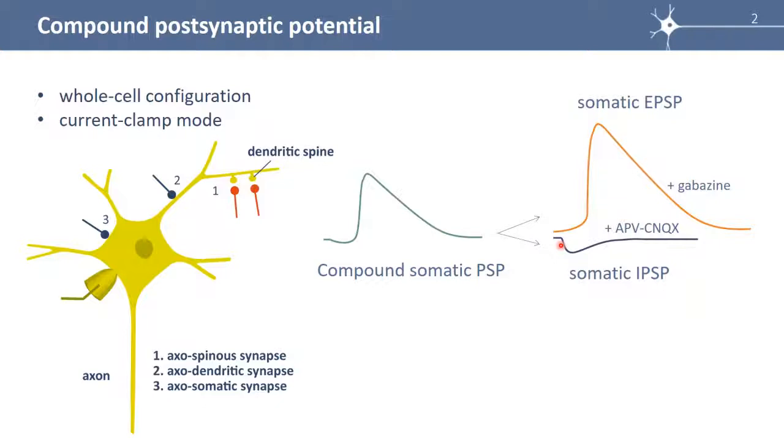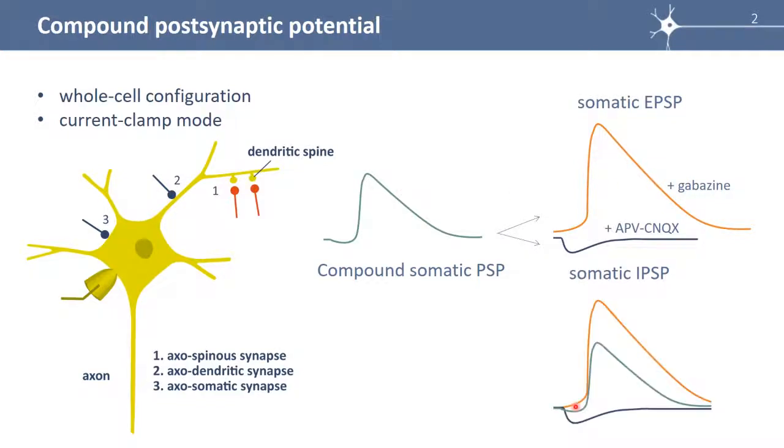Now, if we do the contrary, we apply blockers of the glutamatergic transmission, APV for NMDA channels, CNQX for AMPA and kainate channels. We record hyperpolarization of the membrane, which is not big, but here, and no depolarization at all. Now, the green one is in fact the sum of these two. And you can see here at the beginning a small hyperpolarization followed by a depolarization of smaller amplitude than the